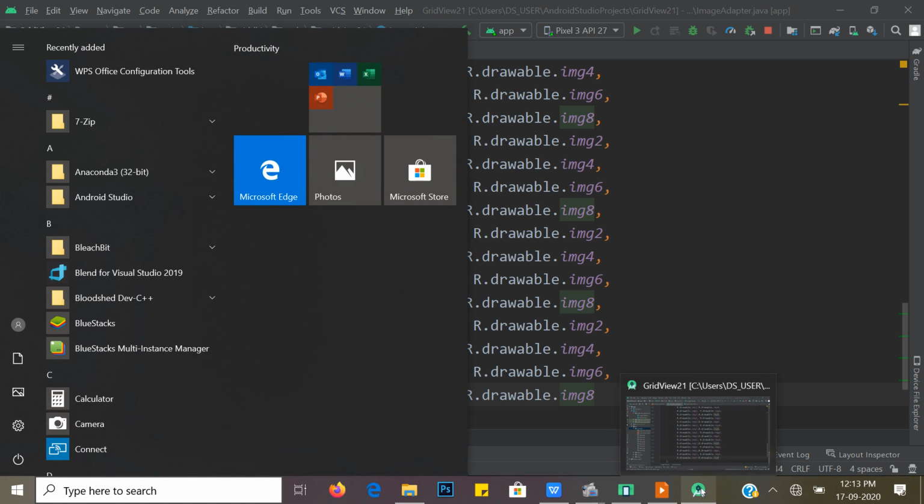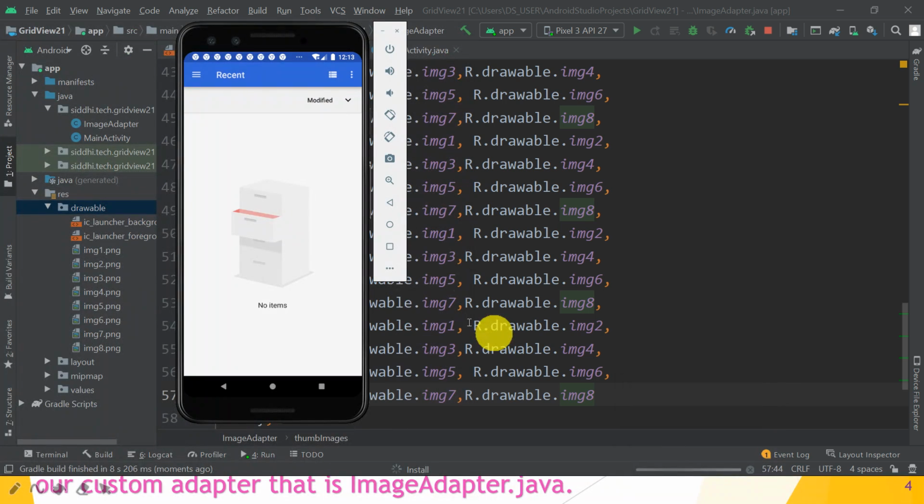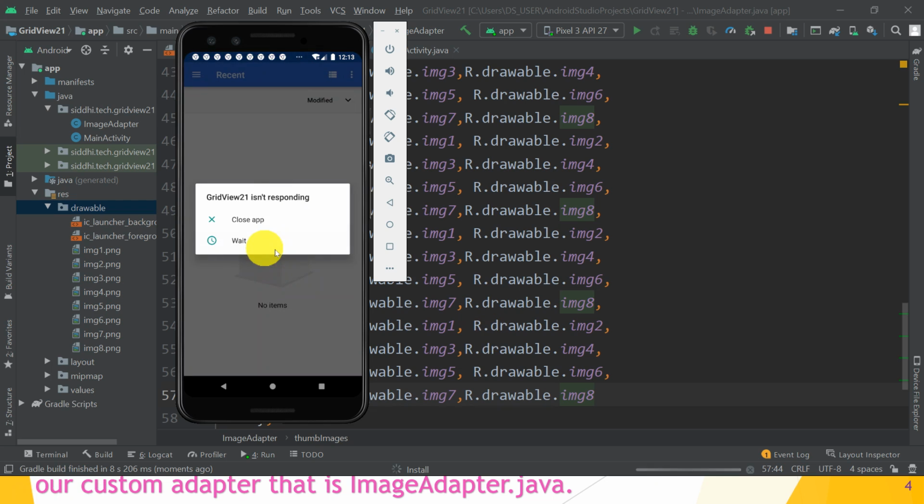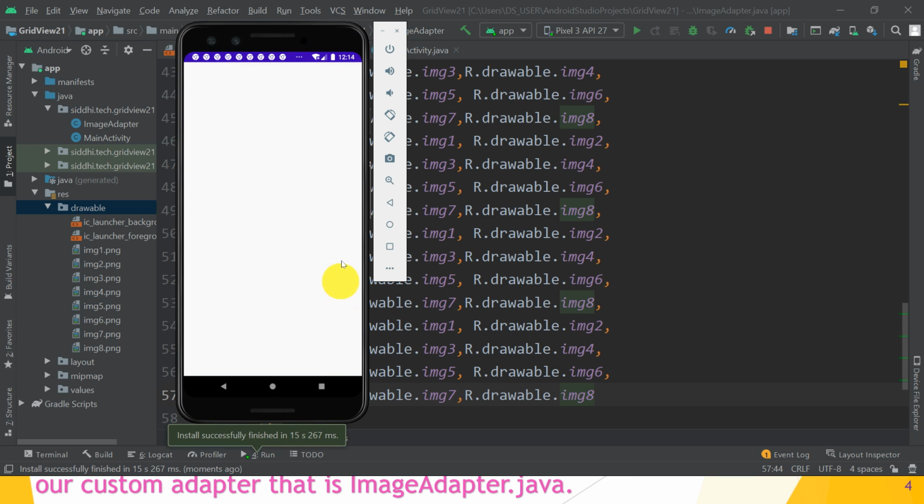Great. So wait for some time. So it is totally 32 images, 8 plus 16 plus 16, on your grid view control. So wait for it to finish. Yes, it is finished.